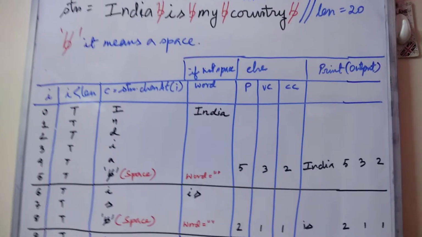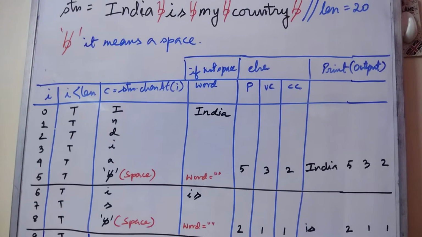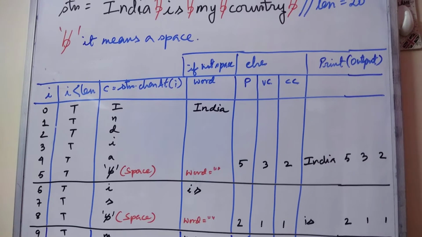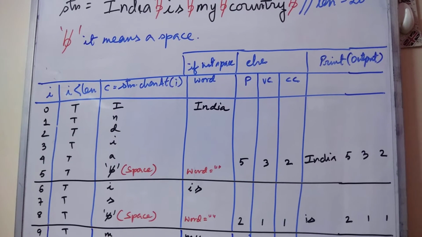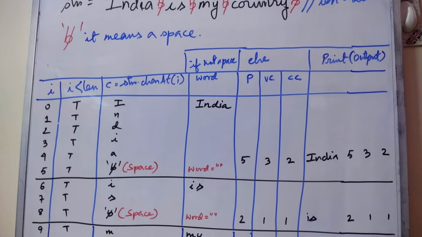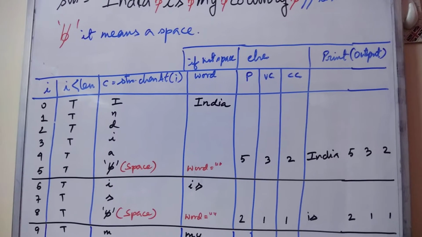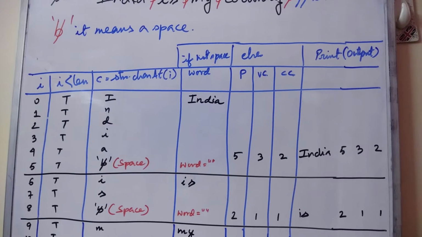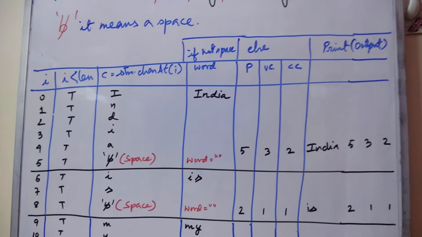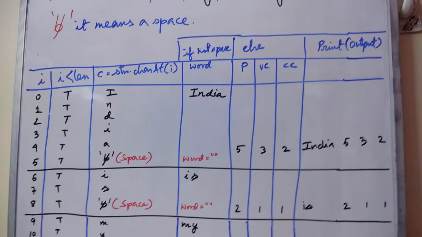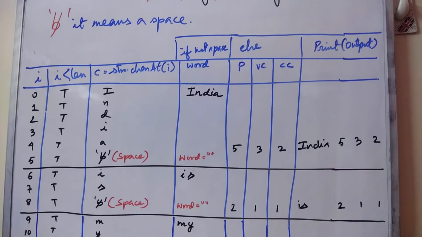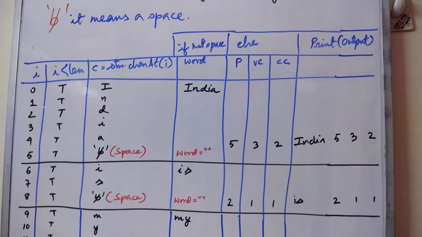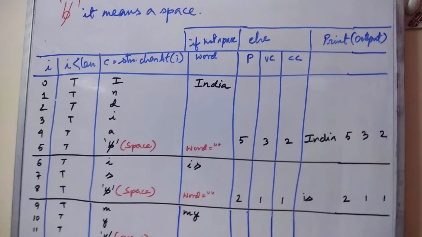Now let us see the working, that is the loop structure. I'm starting with i, then i < len. I'm extracting the character at charAt(i) and storing it in c. Now if you don't get a space, we add it to the word, so word = word + c. Else I'm moving to the rest of the program, where I get the length of the word, then the vowel count and consonant count. Finally the output. So let us see the first part.